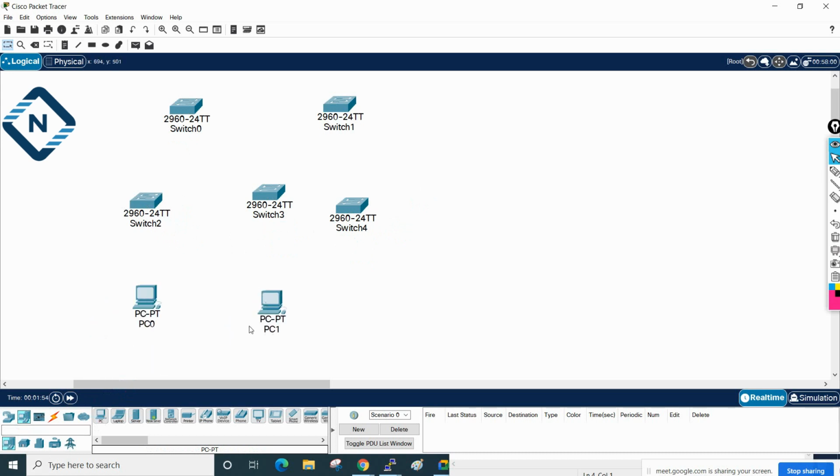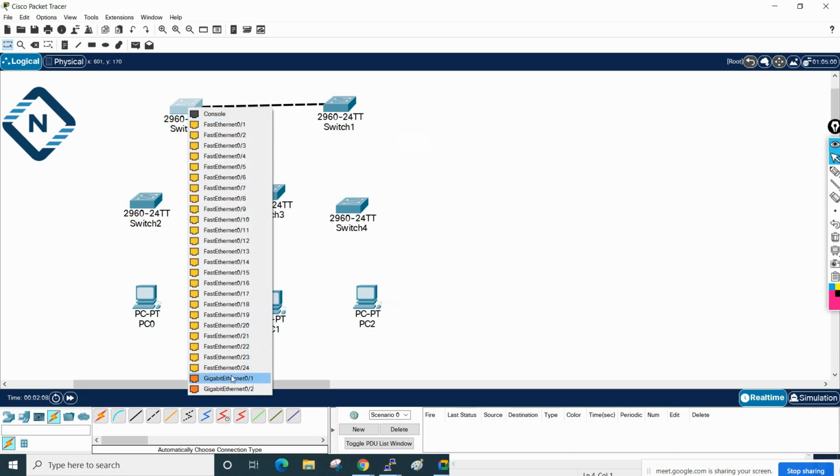Imagine this PC is here, and we can connect. For example, we can connect 0 by 0, or if you see here we have one high speed, giga.